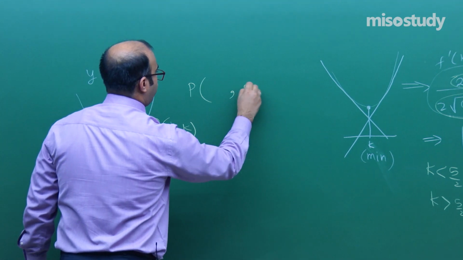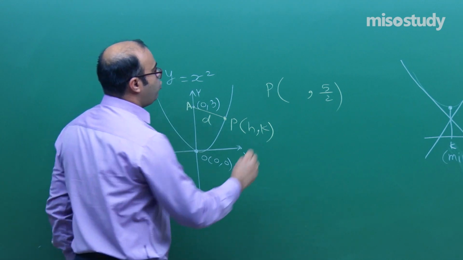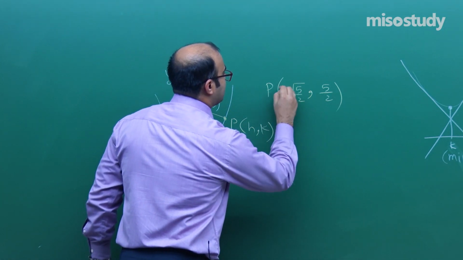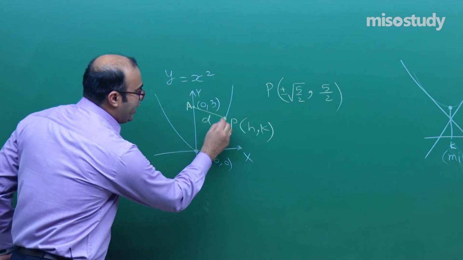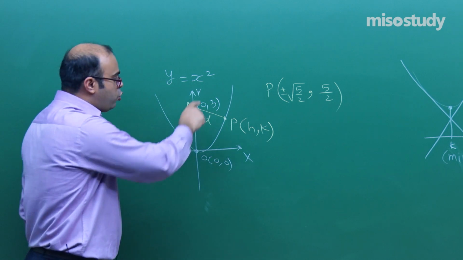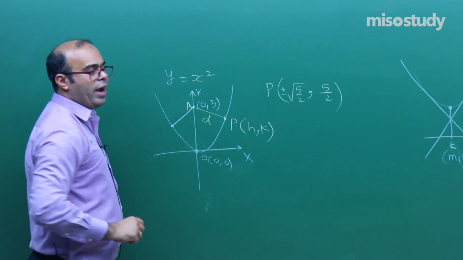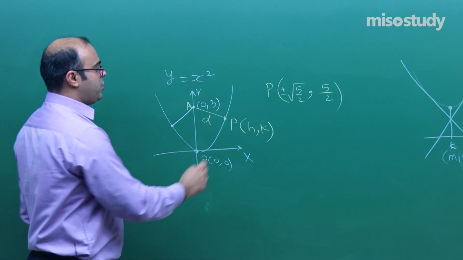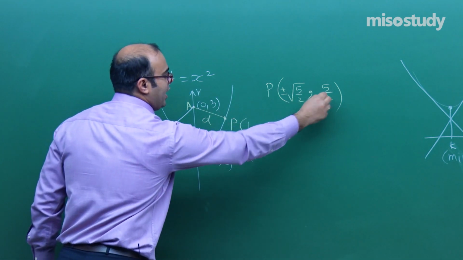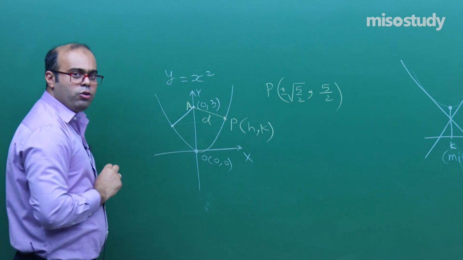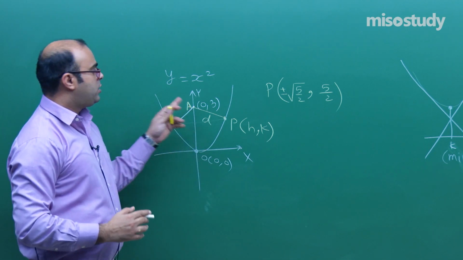So the point which we have to find out is k is 5 by 2, and we know that k is equal to h square. So h is equal to root over 5 by 2 with plus sign as well as minus sign. It is quite evident here: if you find a point which is at a minimum distance, due to the symmetric figure you will find a similar point here at the same minimum distance. This will give you plus root 5 by 2, this will give you minus root 5 by 2, whereas on the y axis the value is the same, that is 5 by 2. So there are two such points which are at the minimum distance to this point A.